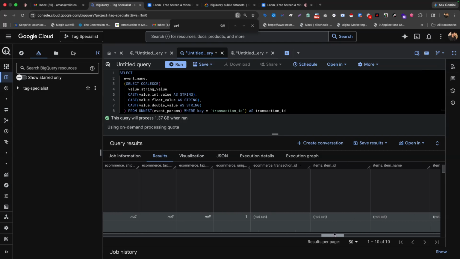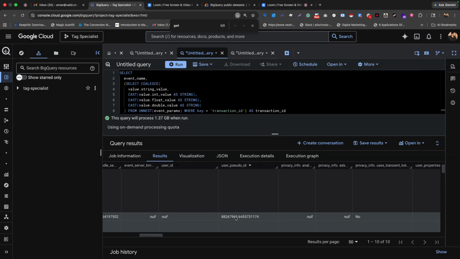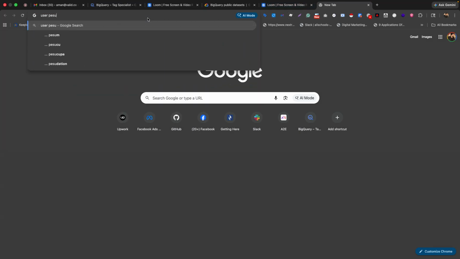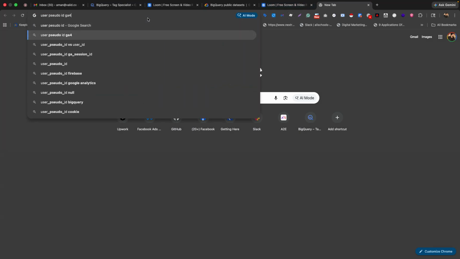So for example, if any user actually logged in, we can send that info via the data layer and be able to capture it in GA4. But we won't go there for now. Right now, we'll capture the user pseudo ID. This is based on the unique device IDs. How does it capture? For example, if you would like to see pseudo IDs in GA4,